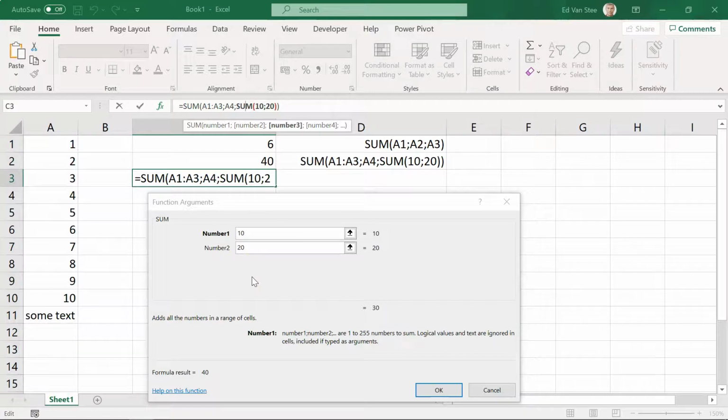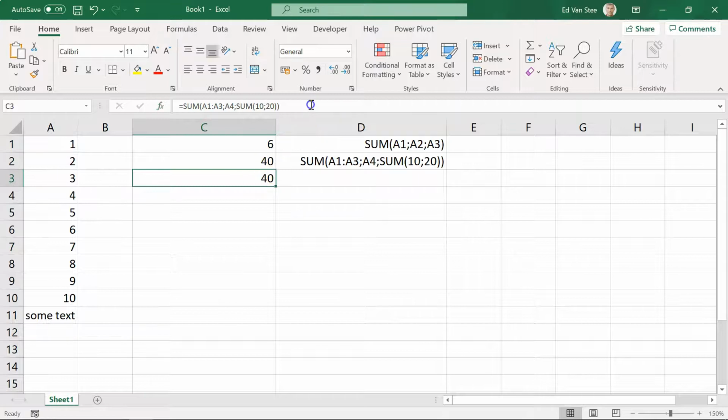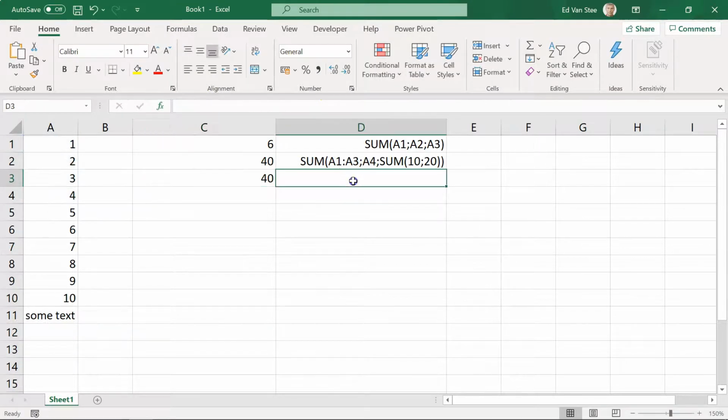Let's imagine you have, and it really can happen, another function in a function, a third function as an argument. Then you can click in it, you can type the function, and you can fill in the arguments like I showed you now. So it comes in very handy, especially if you have lost track of all the closing parentheses, or the closing brackets, sorry. So if I click on OK now, then I have, of course, the same function,